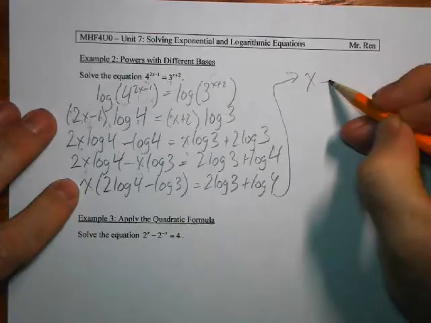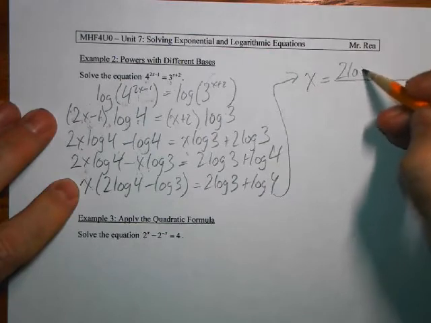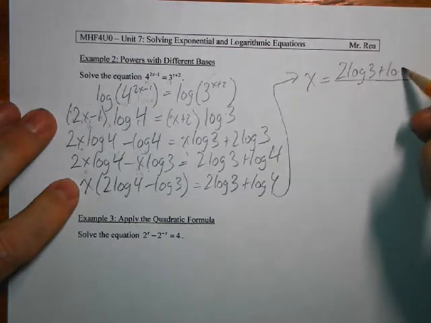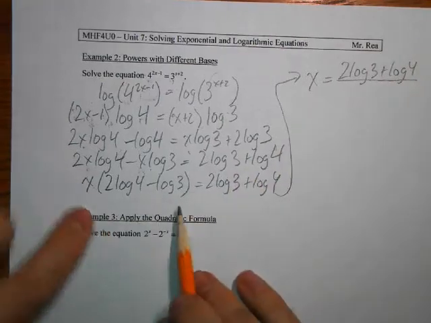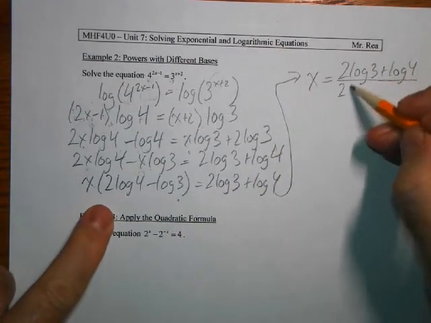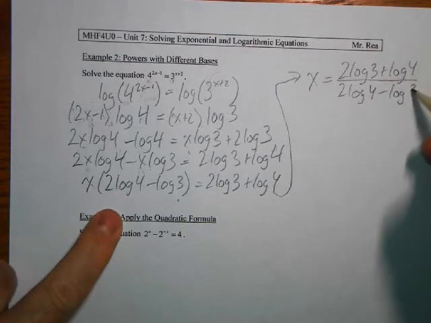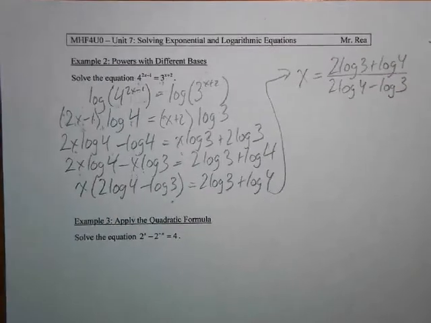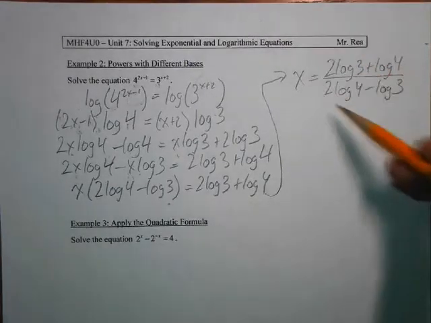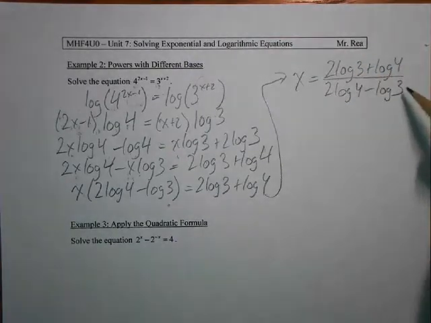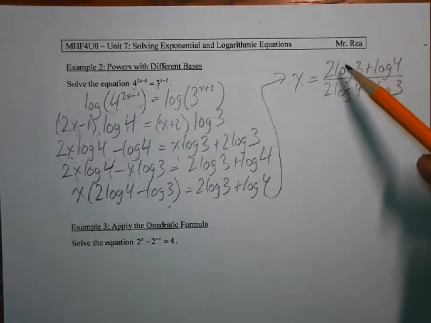So I keep this over here, 2 log 3 plus log 4, and then divide both sides by 2 log 4 minus log 3. Okay. And for me, I'm totally okay with this as well, if I'm asking for the exact value,